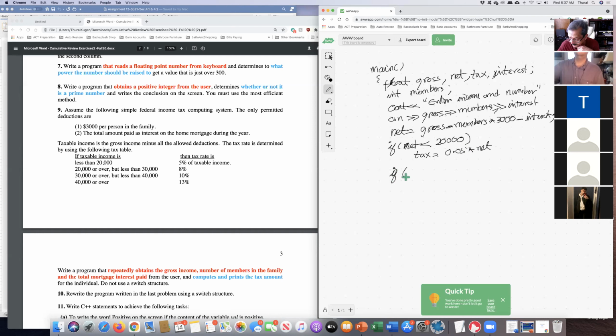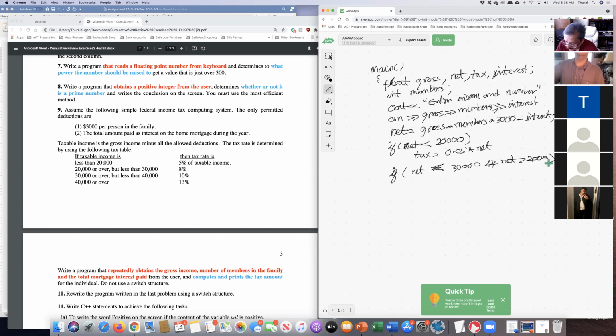If net is greater than 20,000 and less than 30,000. Some students wrote less than 30,000 and greater than 20,000. So that means they're putting it in the bracket. So it appears to be right, but if you don't put it in if else if,